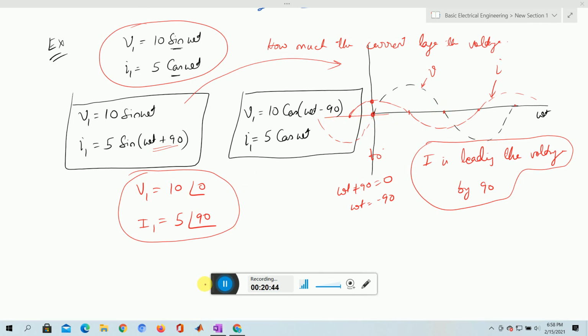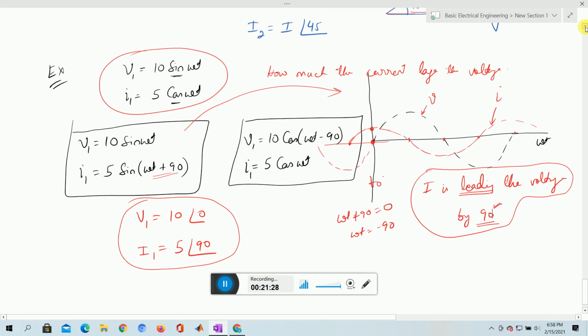Or you can say the current is leading the voltage by an angle of 90 degrees, or lagging by an angle of minus 90 degrees. But the right way of giving the expression is that the current is leading the voltage by 90 degrees, as it is very clearly visible from the phasor diagram. But if the question is in this form, you can write lags the voltage by an angle of minus 90 degrees. That statement needs to be synchronized with lead and the plus value of the degree. Lag and lead values are usually positive. You can see that in the previous one also all the terms are given in positive values.